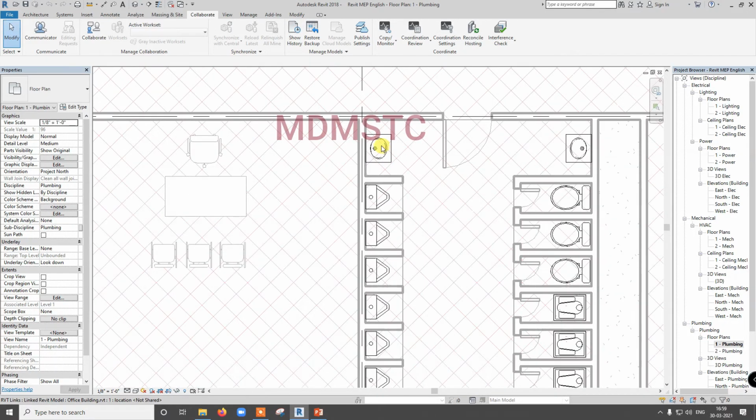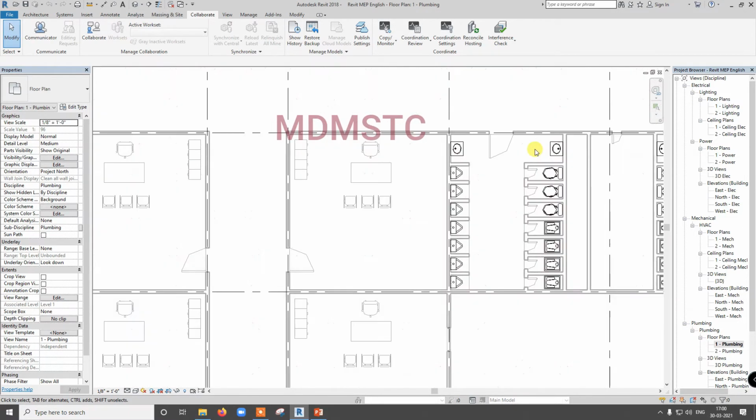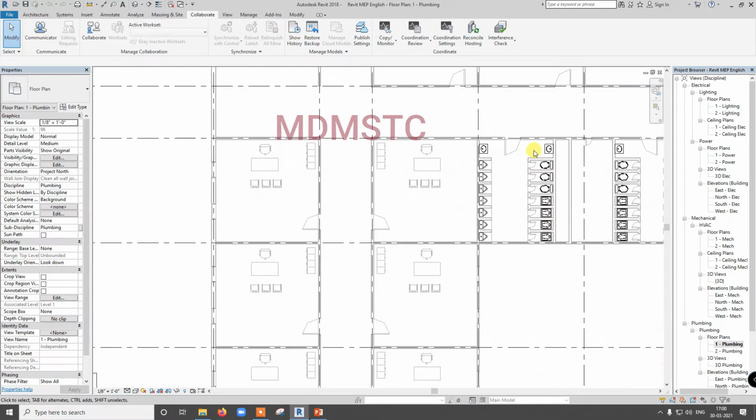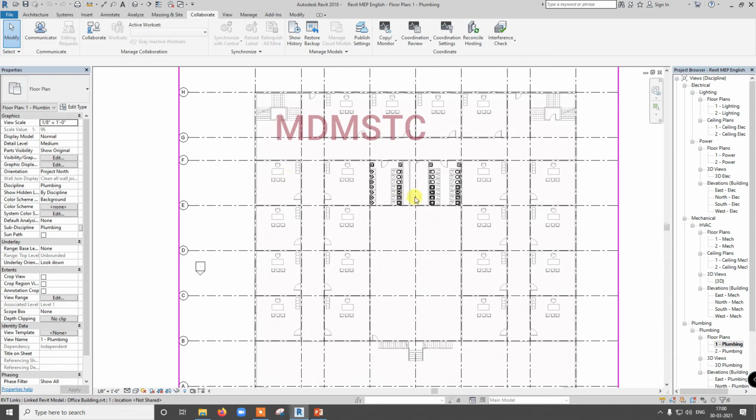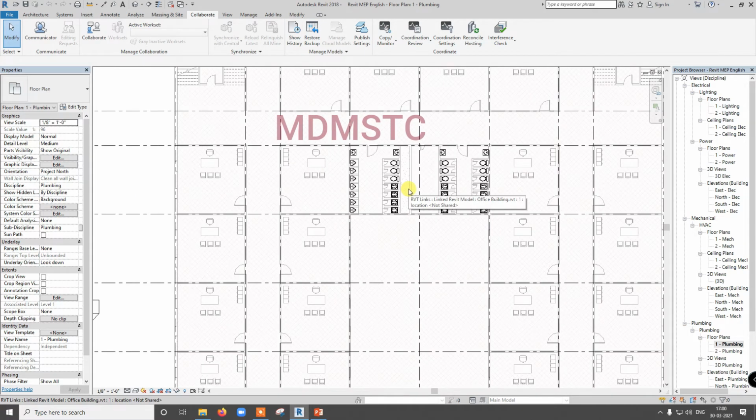He moves this wash basin to this place. You already completed the design, so you don't know about this change. You will do your pipe connection up to here, but if you go there, the wash basin will be here. For that purpose only we are doing monitoring. If they make any changes, we automatically get a warning message that he has changed this. That is the purpose of monitor.